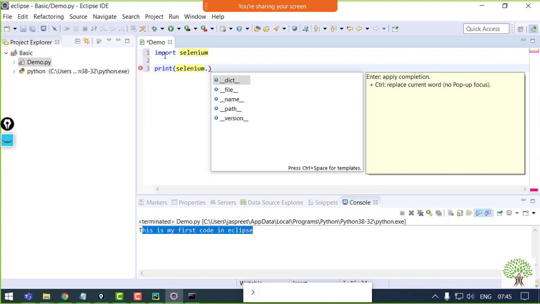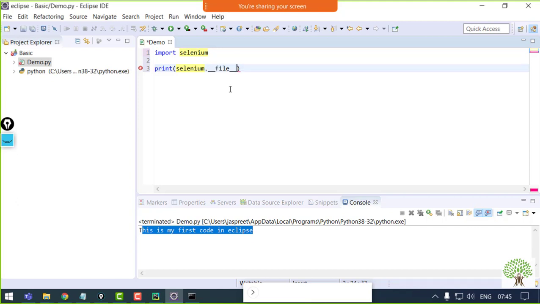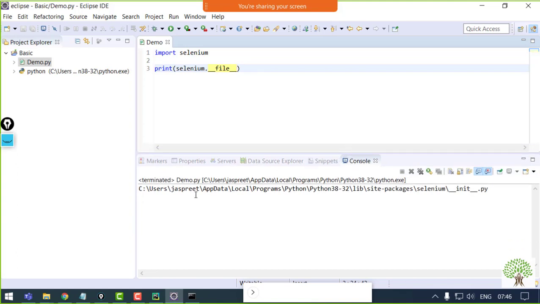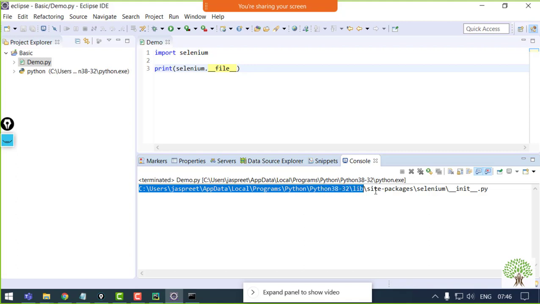There are 5 options that I can check: file name, dict name, the name of the file, the path, and the version. So if I look for file name and I run this, this is the name of my file. This is the current file that has been loaded.